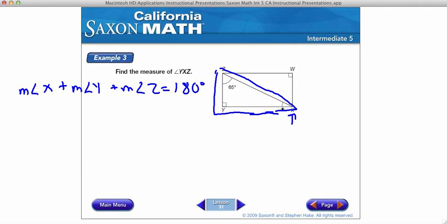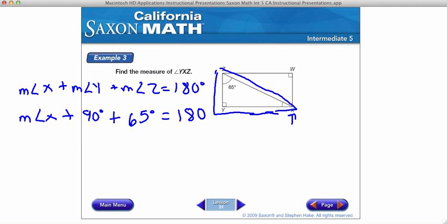I'm looking for this angle here. So the measure of angle X plus 90 degrees, because Y is 90 degrees, plus Z, not plus Z, plus 65 degrees